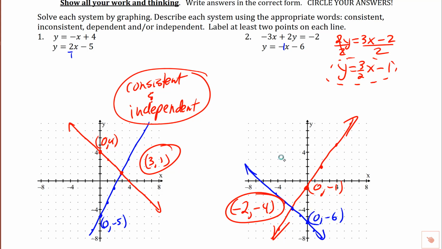And then of course this one has an answer, so it's consistent and the lines are independent of each other. We only have one solution. So this is going to be consistent. And if you want to abbreviate, consistent and independent, we'll just write INDEP right here. And we've got that. Now, you can use a calculator to do these problems, so I'm going to go ahead